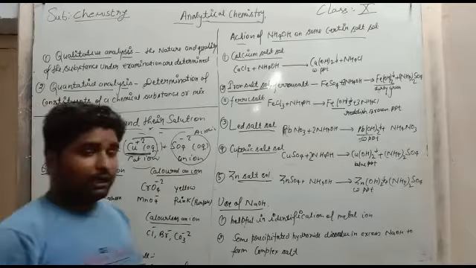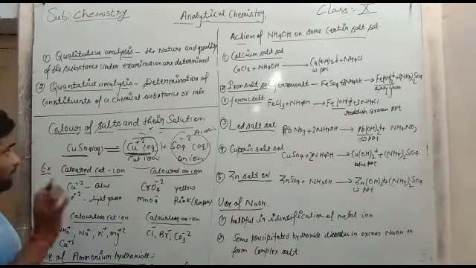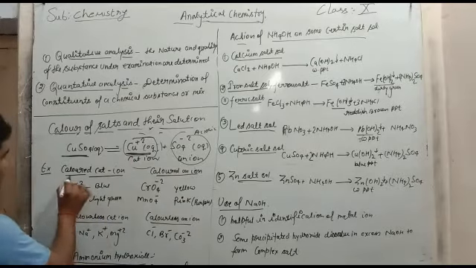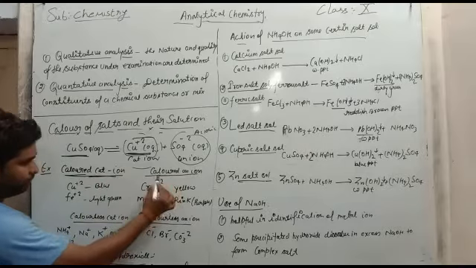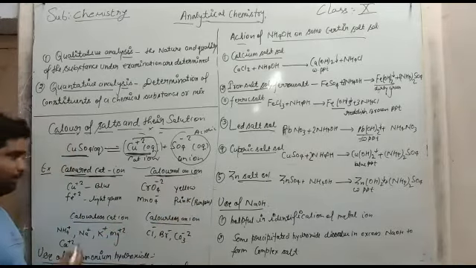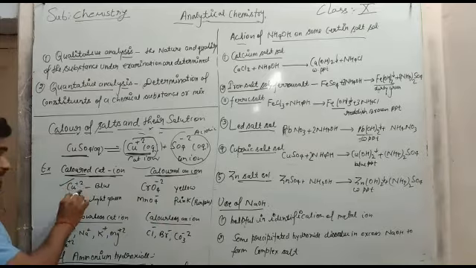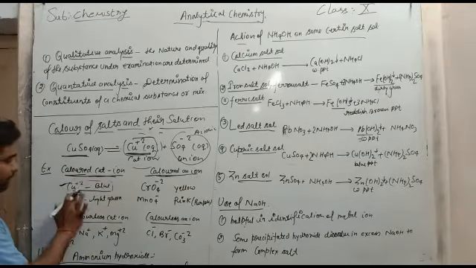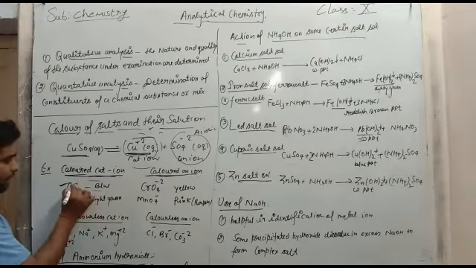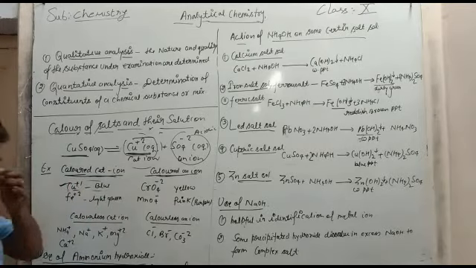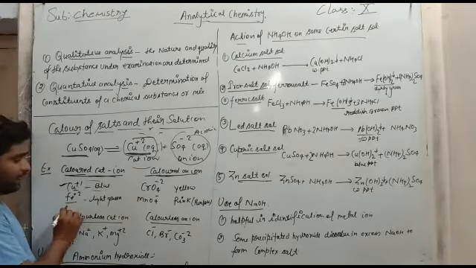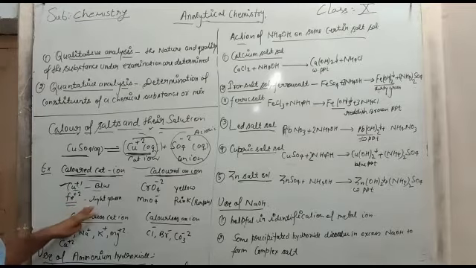So according to the color of ions, we can assume this ion has a particular color. Like this, there are colored cations, and here we are going to write the colored anions. In this cupric ion, the color is blue. But if Cu contains +1 charge, then it is the cuprous ion, and the color of the cuprous ion is red. Like this is the ferrous ion, having the color light green.